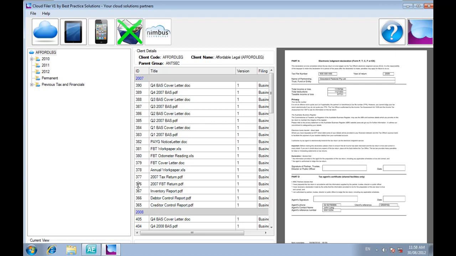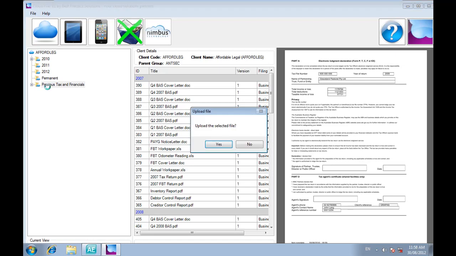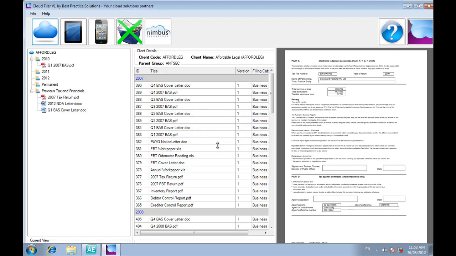So in this particular case, if we want to upload it to the cloud, we click on it in the middle there, hold down our button, drag it across to 2012 or previous years, let go, and the document is now uploaded to the cloud, nice and securely using bank level security. So you can see on the left hand side of the screen, 2007 tax return has now been transferred straight